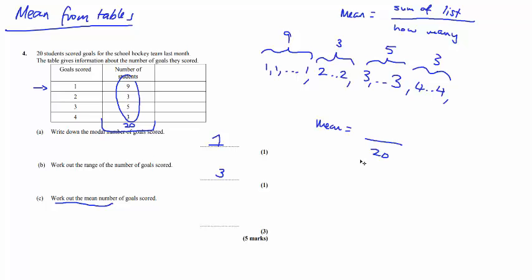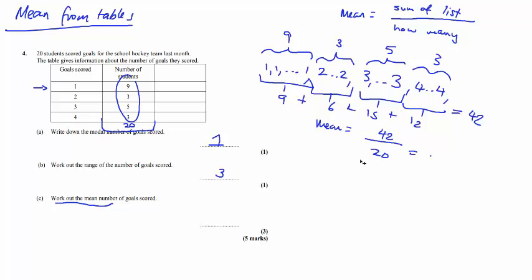And anyway, how do you add these up? Well, this is what this is for. Can you see a quicker way of adding it up? We know there's 9 ones, so that's 9 times 1, which is 9. 3 twos gives you 6. 5 threes, that's 15. 4 threes, 12. So you can just add all of those up. So 9 plus 6 plus 15 plus 12 is 42. Okay, 42. So you can use your calculator, whatever. That gives you